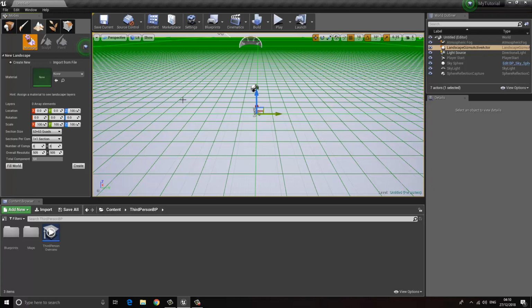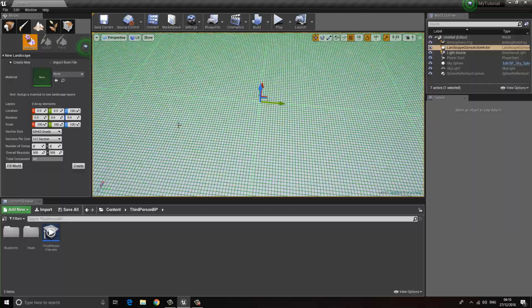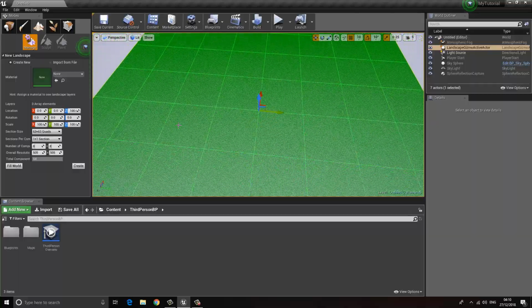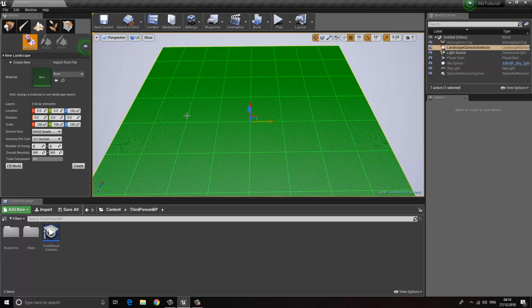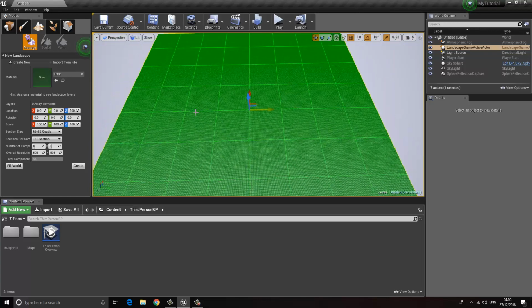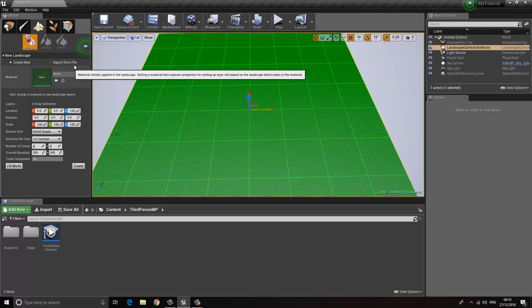Now, we do have some settings, so let me just move around here and we can see what's going on a little better. Okay, so I'm simply right-clicking the mouse to move around and using the W, A, S, and D keys to move the camera. So the first option is the ability to create new, or the ability to import from file. The difference here is that create new is going to allow us to control all of the parameters of our landscape, and the import from file is going to allow us to use a height map image in order to import a